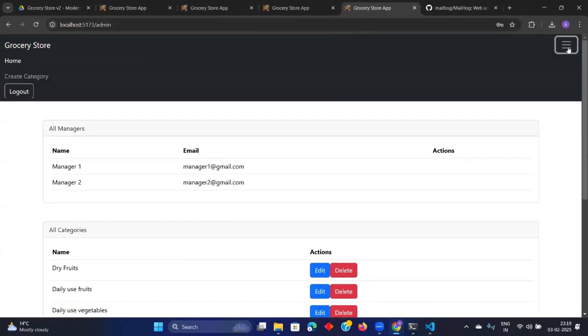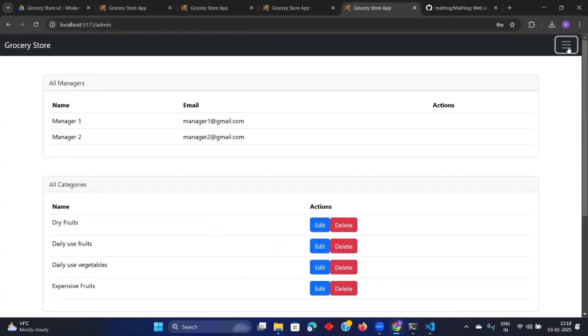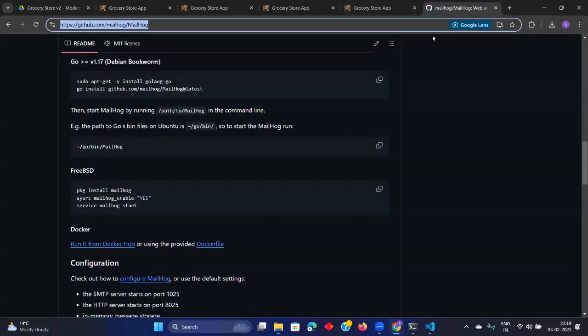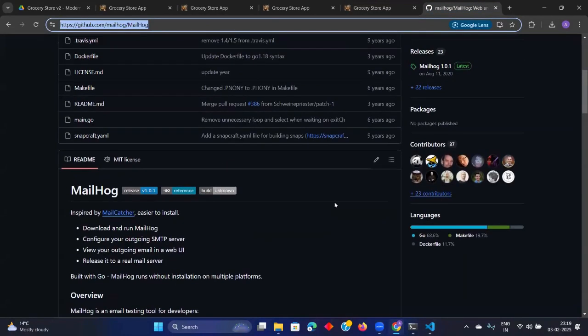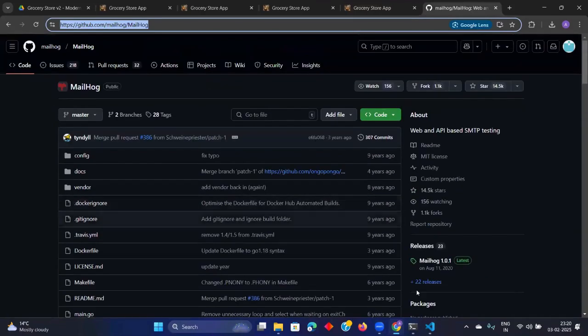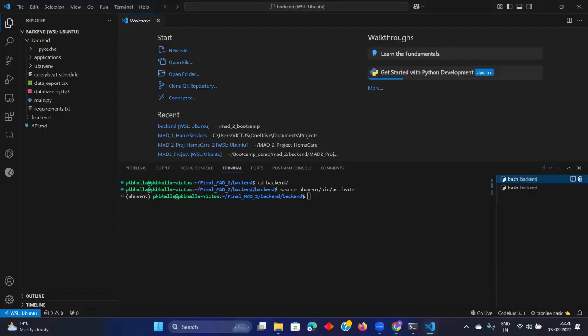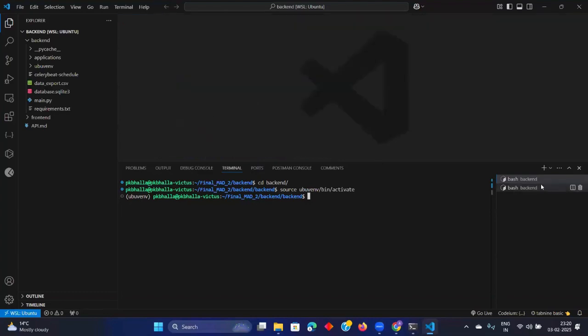Okay, so any doubts in anything? We have done our complete project. One thing I want to ask: what setting did you do in VS Code so that whenever you open a new WSL terminal, it automatically activates the virtual environment? See, that thing is done only